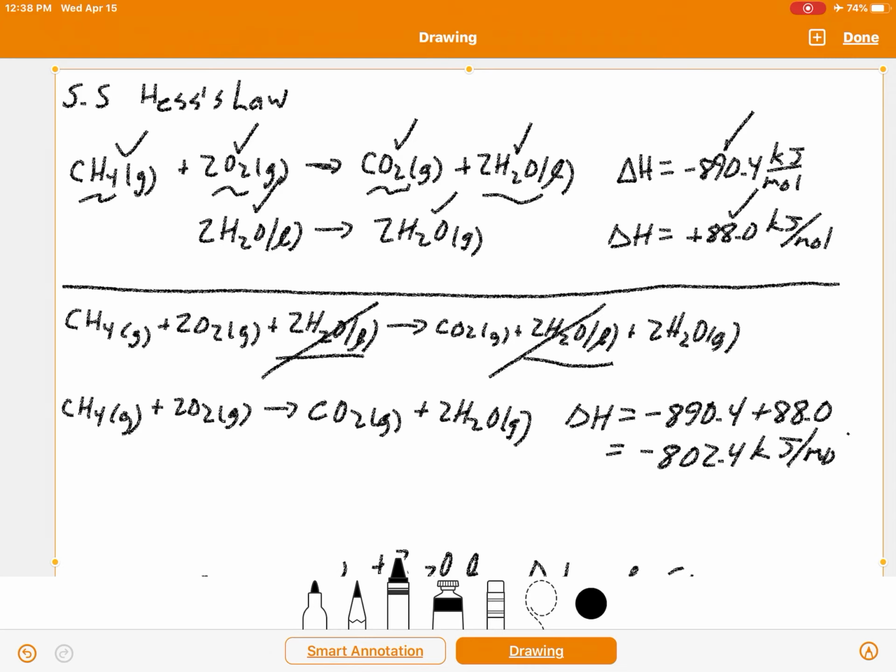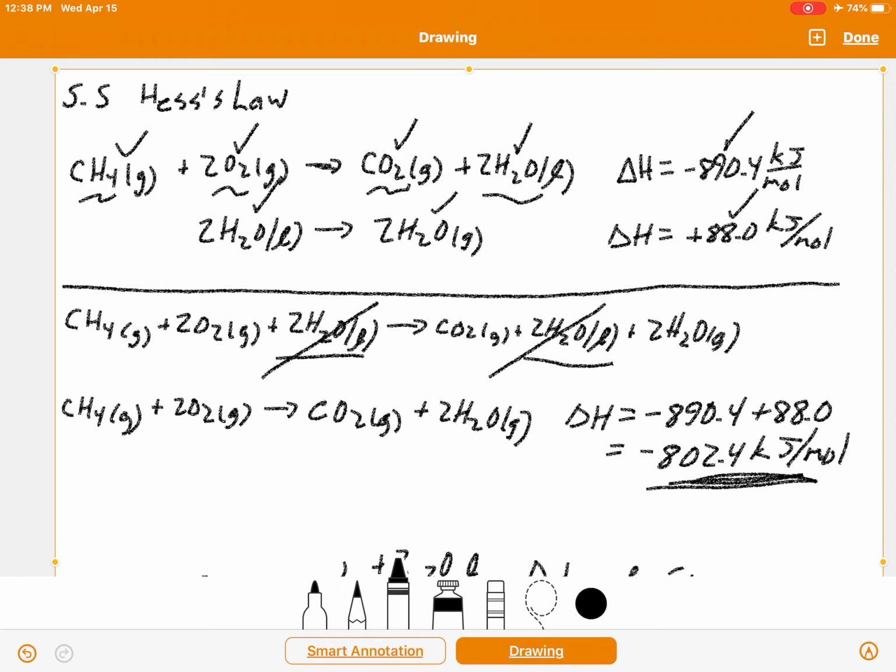And there you go. Isn't that simple? What we're claiming is that if you add 2 equations together, you just add the enthalpy changes. Now in practice, when you do Hess's law problems, they're a little bit more challenging than that. They're going to give you some little puzzles you have to solve. But that's essentially the idea, is that if you add equations together, and we could add as many equations as